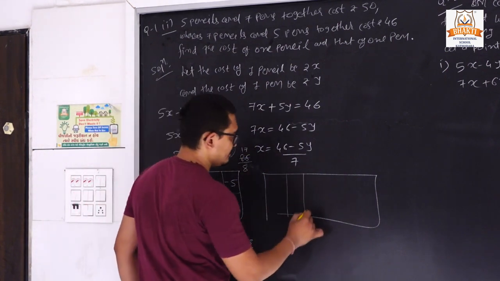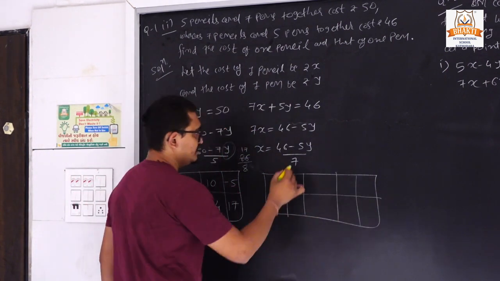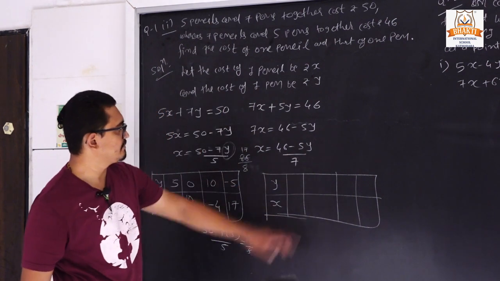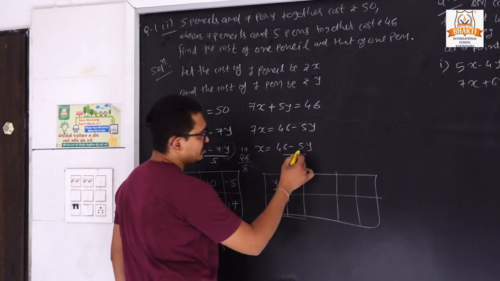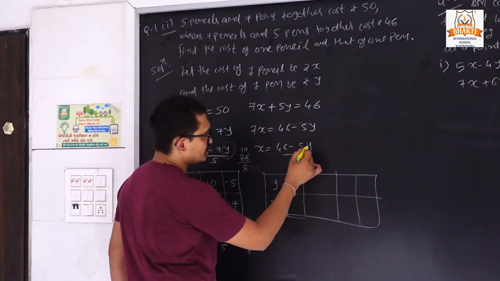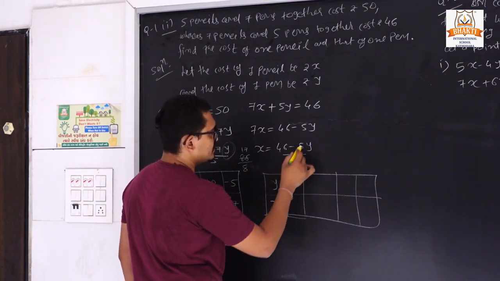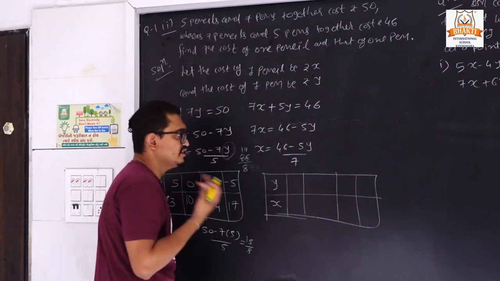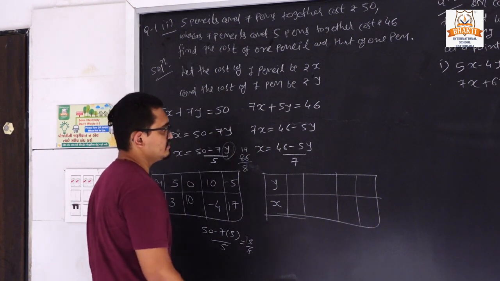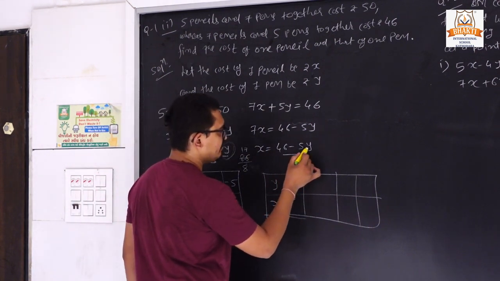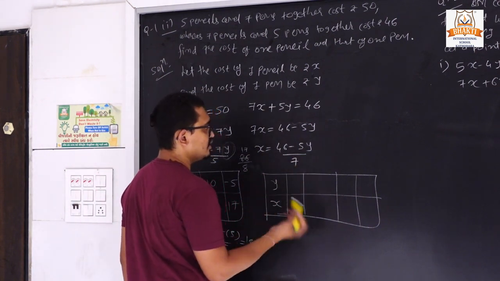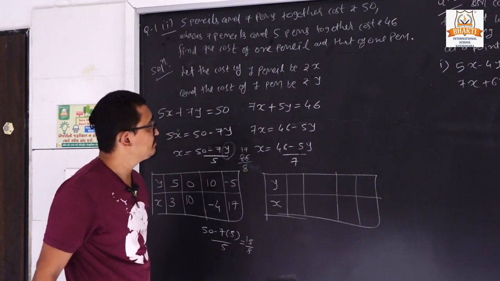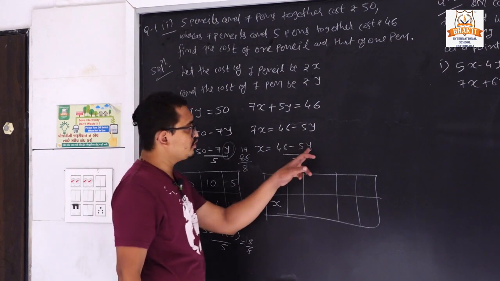Similarly, here we will put the value of y. So if here we put 7, 5 7s are 35, 46 minus 35 is 11, so dropping is not possible. That's why here I am taking y equal to 0. One second time dropping is not possible. So for that, which value will we put here?